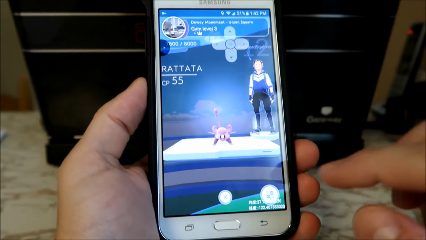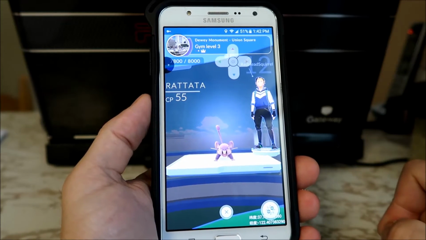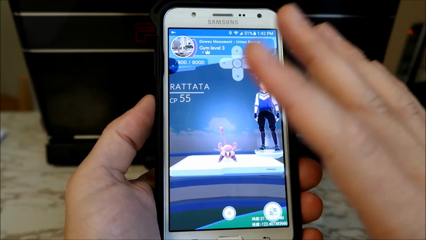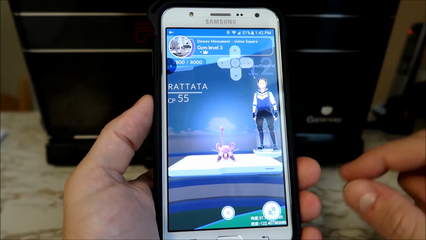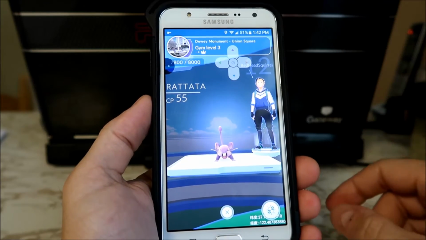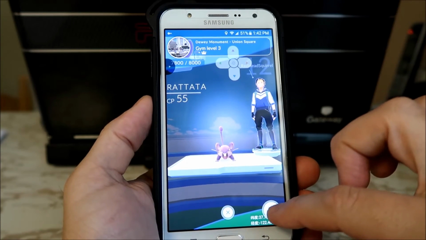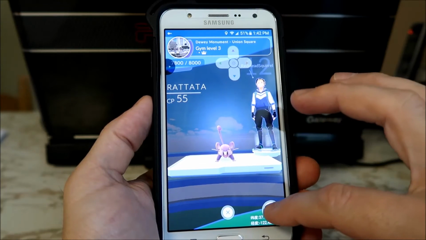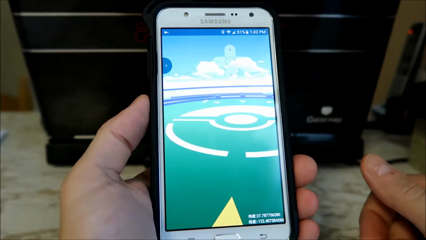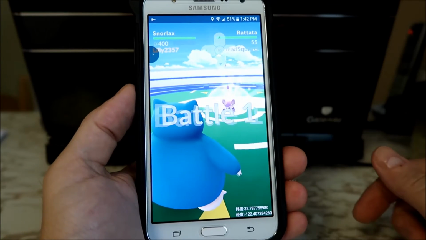What will happen will be this. I've tried it on both platforms. I've tried it turning my VPN off. So I believe, unless I'm wrong and something is up with my particular phone, that battling gyms is a no-go when you're using either of these two hacks. And I'll show you what seems to happen. You go, you say you want to battle, you hit OK, yes, go. And then it'll either do what this is going to do,